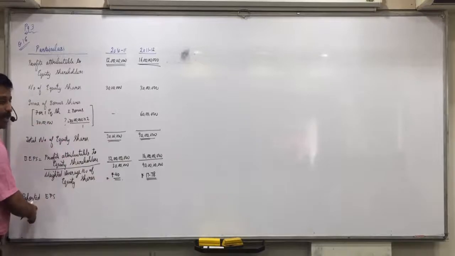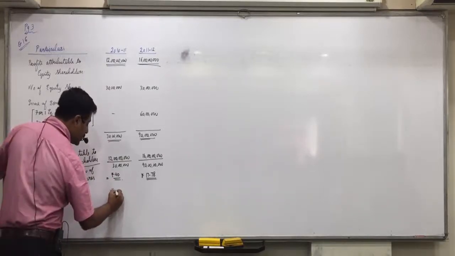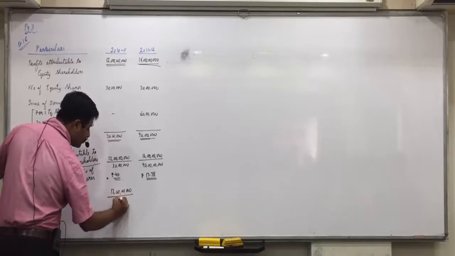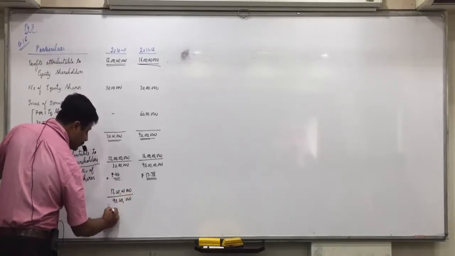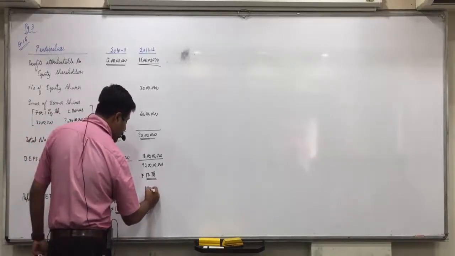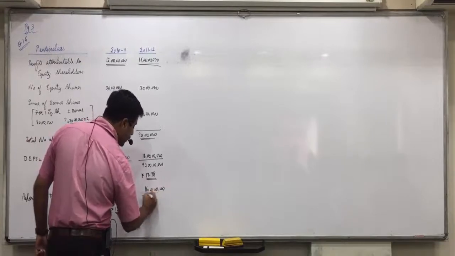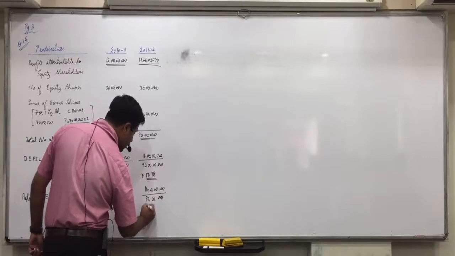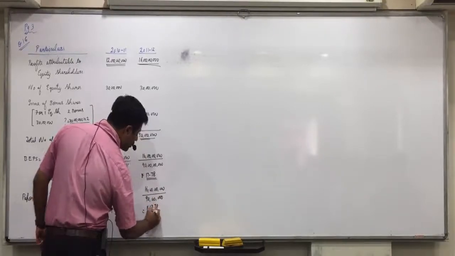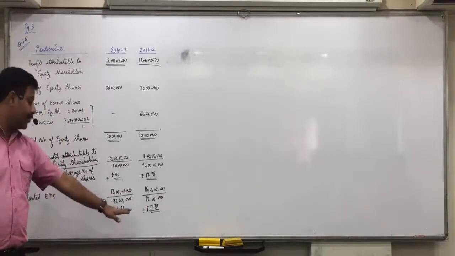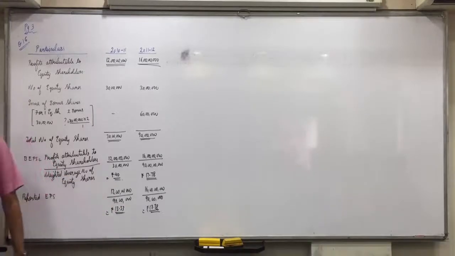So when we report to the shareholders, we will do 12 crores divided by 90 lakhs. That comes to 13.33. And here 16 crores divided by 90 lakhs. That comes to 17.78. Now the shareholders will get the correct idea. The profit has not gone down, it has gone up only. From 13.33 it has gone up to 17.78. Is everyone clear with this?